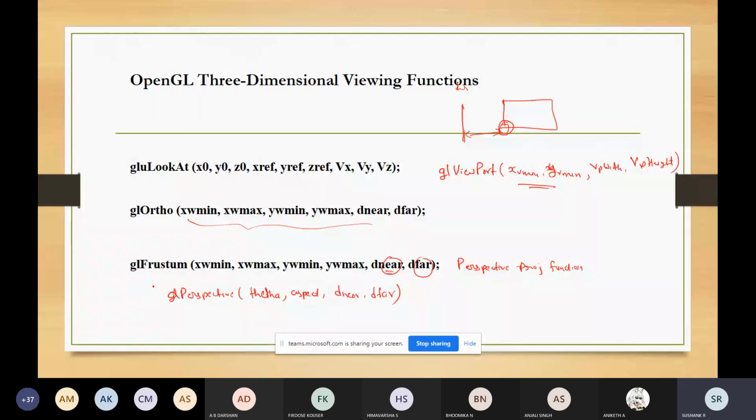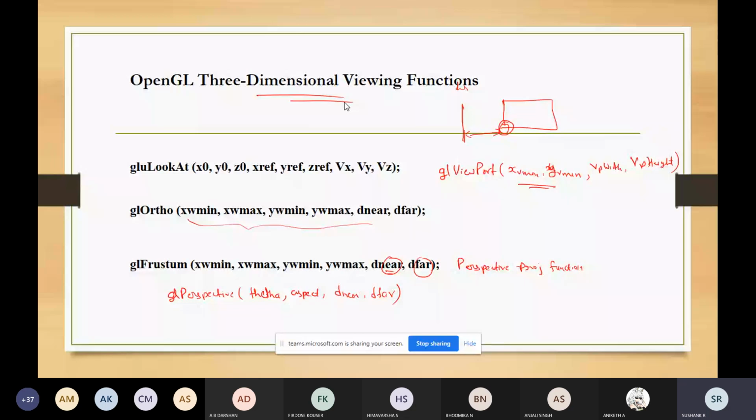These are the functions given by the OpenGL library for 3D viewing, so you can use them to view objects in your application. Any doubts here?